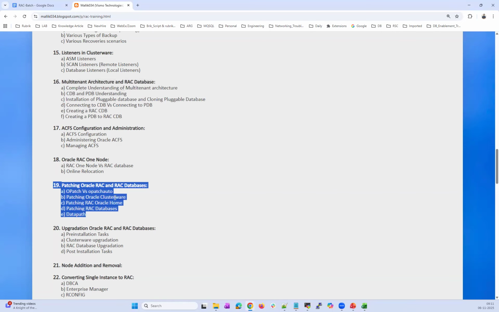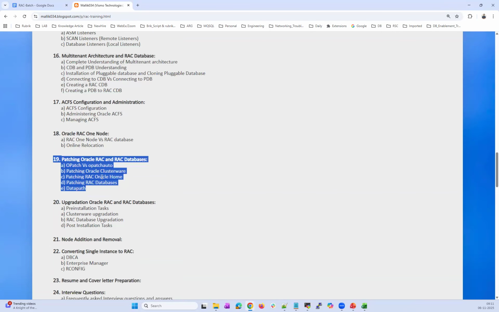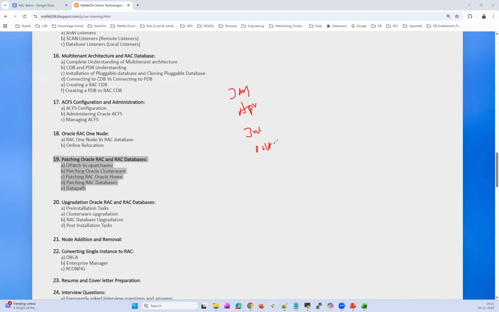Very important. Patching is one of the very fundamental topics, as the DBA will be dealing with patching every quarter. Oracle releases quarterly patches, so four times a year they will release patches in January, April, July, and October. Recently Oracle has released the October patch.